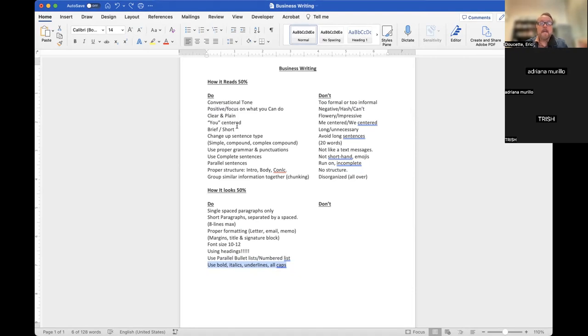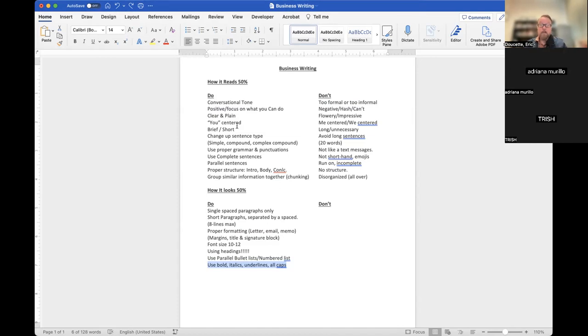And then you want to use bold, italics, underlines, and all caps throughout your document. This is where most students don't take advantage of the value. Bold text, italicized text, underlined text, and all caps make it very easy to make important information stand out. For instance, dates, numbers, and times should always be bold. They should always be made to stand out. Those are the things the eye catches as it works through the document. It sees those little bold things or even all caps. It's not bad to use all caps in your document as long as your whole document isn't all caps.